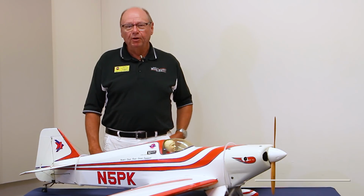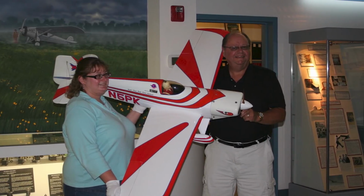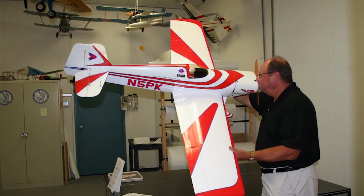Hello, my name is Mark Radcliffe, and I'm presenting before you today an airplane called the Super-Fli. In 2010, I submitted it to the AMA Museum to see if they were interested in it, and it got accepted to the museum. So it was delivered here in 2010, and this aircraft has been hanging here ever since, and I'm very proud that it's part of the collection. And I think it represents